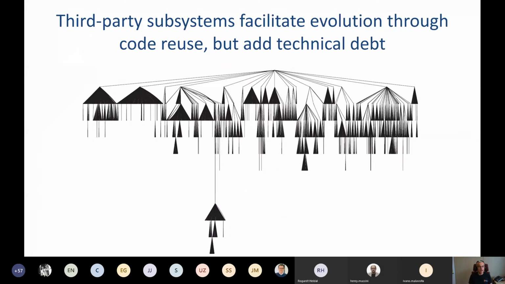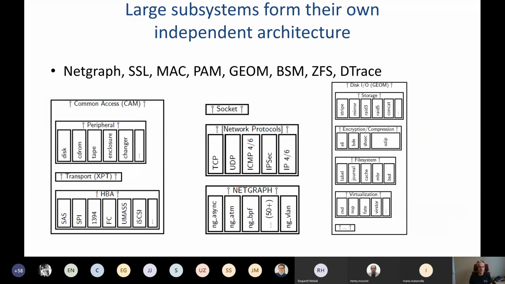So we can say that third-party subsystems facilitate evolution through code reuse, but they also add technical debt. How is that? Large subsystems form their own independent architecture. For subsystems such as NetGraph, SSL, MAC, PAM, the pluggable authentication module, GEOM, BSM, ZFS, and DTrace, each one of them has its own architecture federated in the larger architecture. This is something important. It's perhaps a way in which architecture evolves once the system grows a lot. And it's another force that we have seen in the evolution of Unix, perhaps the most significant one in modern